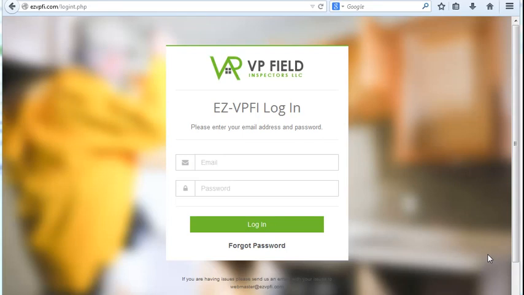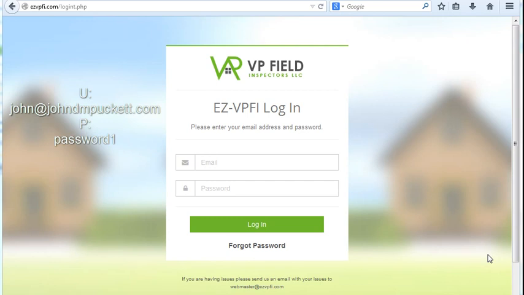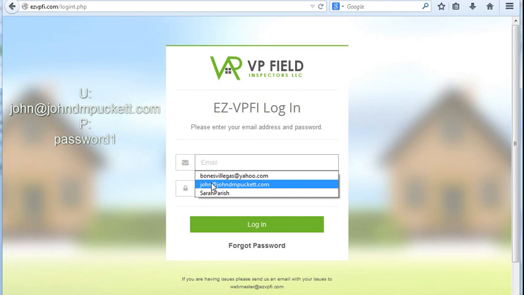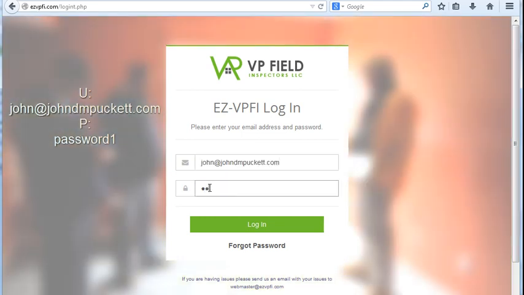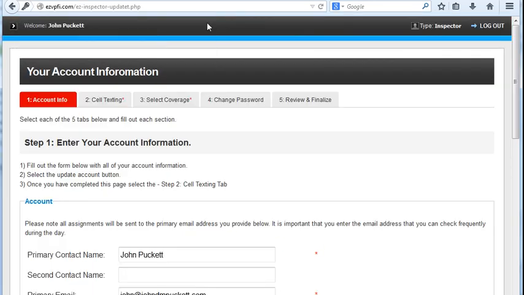Alright, let's log in and let me show you the area that we're going to be working with, the data scrape that you did for AMS, and also the decline link that's in the assignments. But let's log into the inspector side so I can show you a couple of things here that would perhaps help you out. Okay, if you log in with John at johndmpuckett.com and the password is password1,